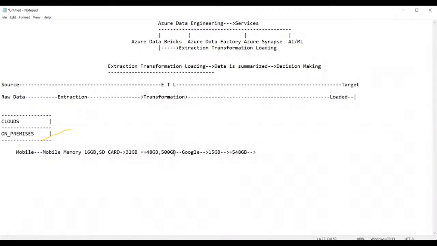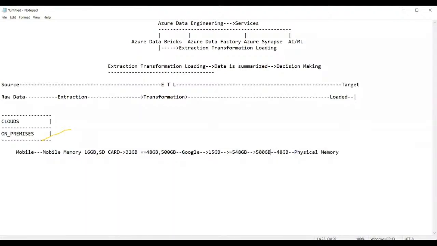500 GB is possible, 48 GB is not possible. Yes, exactly. Very good. So we can say that 500 GB you can recollect just by using the synchronize option. You can log in with your mail ID, enter the password, and recollect it. But what about the 48 GB? The 48 GB memory is lost with the mobile phone because this memory is called physical memory. So hence I cannot recollect it.